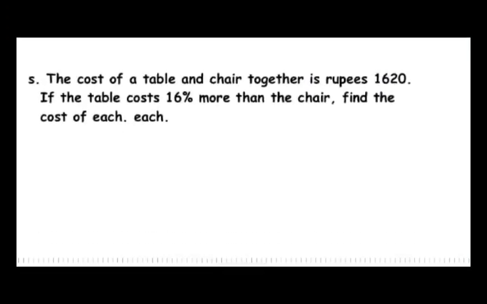My next sum. The cost of a table and chair is rupees 1620. If the table costs 16% more than the chair, find the cost of each. Find the cost of each. Okay? So, smaller amount is of the chair. So, let the amount for the chair